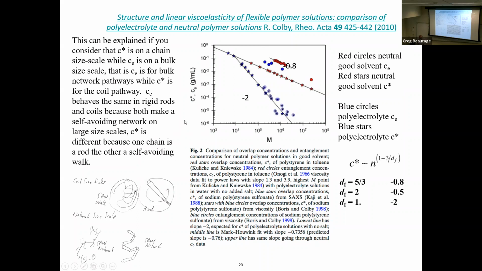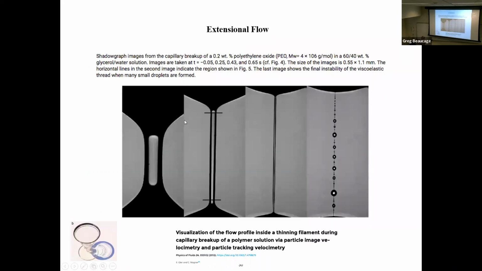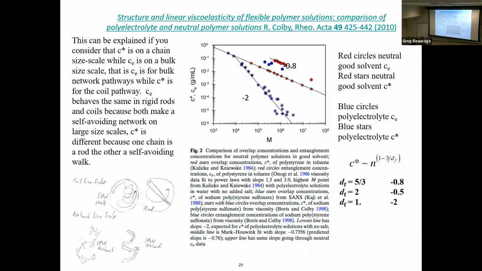The other nuance is something that Colby's turned into a little industry. I'm not sure there's that many people following it, but he's published a lot of papers in this subject, like how CE and C star aren't the same. Also, some of the prominent rheologists and polymers people have drawn attention to this idea that this entanglement concentration and the C star aren't the same number. So the guy at Princeton,